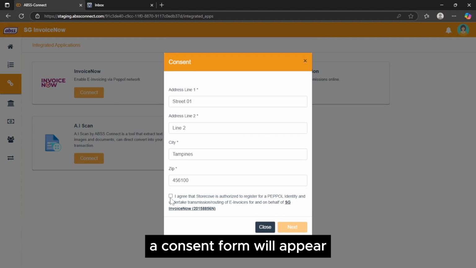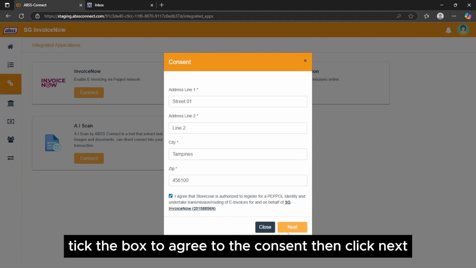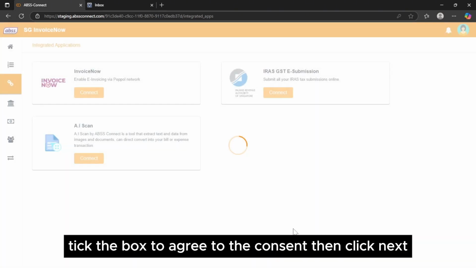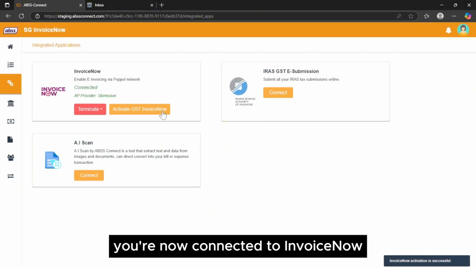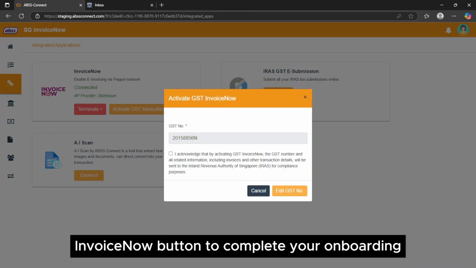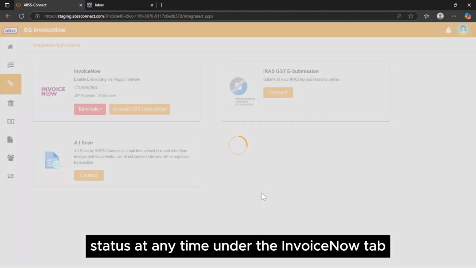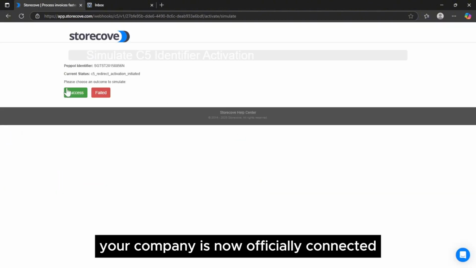A consent form will appear. Tick the box to agree to the consent, then click Next. You're now connected to InvoiceNow. Click the Activate GST InvoiceNow button to complete your onboarding. You can monitor your connection status at any time under the InvoiceNow tab. Your company is now officially connected to the